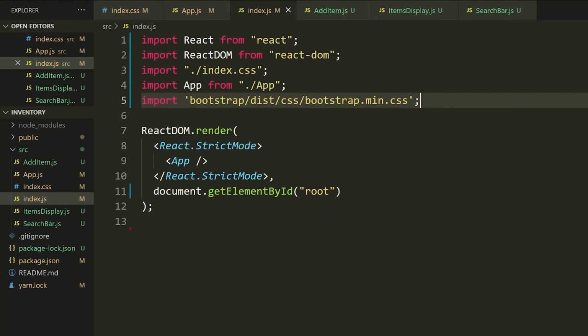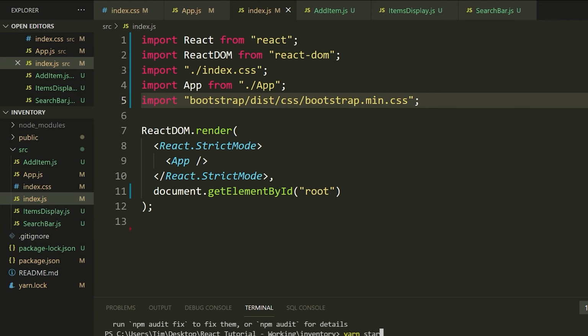bootstrap/dist/css/bootstrap.min.css. Once you import that, just like we imported index.css, all of the styles for Bootstrap will become available globally to all of your React components and JSX code. And now we can actually use Bootstrap. Perfect. So let me restart this development server here, yarn start, and now we're going to start styling our website